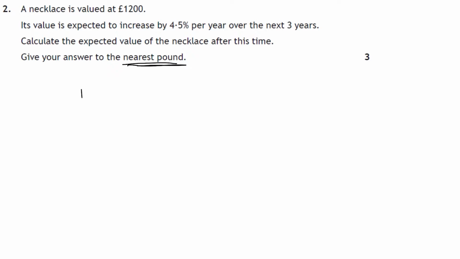So, the value of the necklace to start off with is 100% plus the 4.5% increase, so that's 104.5%. We're going to change that to a decimal, so 1.045, to the power of 3, because we're repeating it over 3 years, and we'll multiply it by the original amount of £1,200, and then type that into the calculator. We get 1.045 to the power of 3 times £1,200. That gives us £1,369